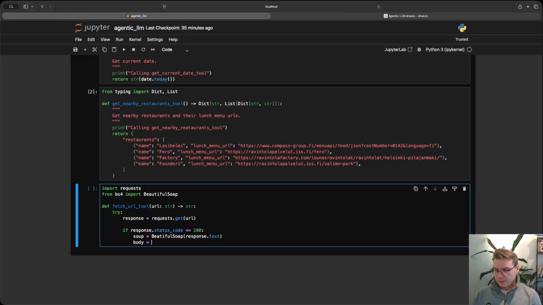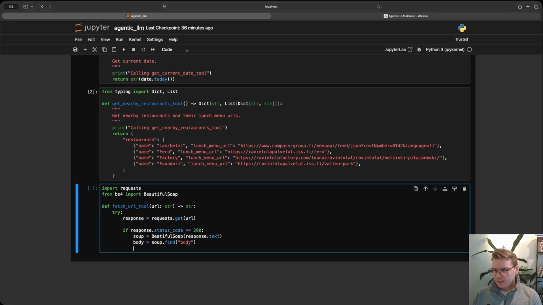So with this, if the body is found, we know that it's an HTML page, and the body usually contains all the information that we are looking for. All the JavaScript, CSS, and other stuff in the header and other places in the HTML template are completely dismissed. And if the body is not found, we can say that it was a JSON response or other type of payload. In this case we expect it to be JSON,